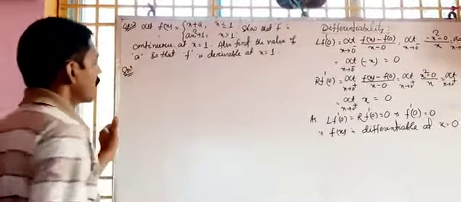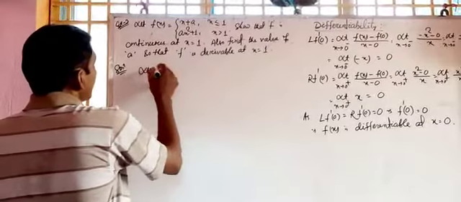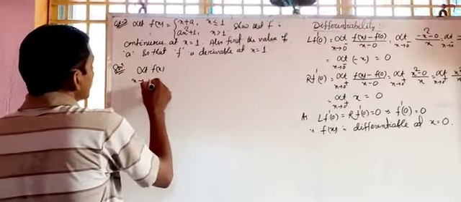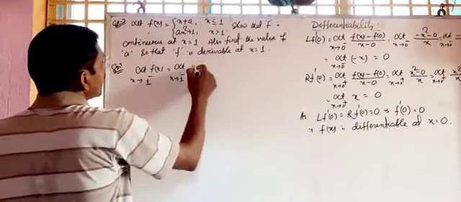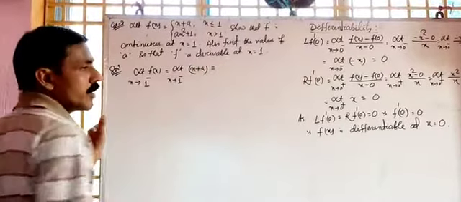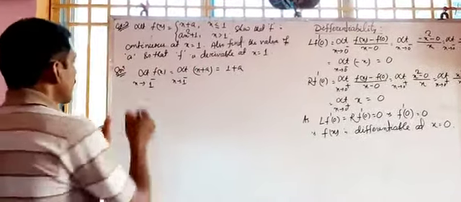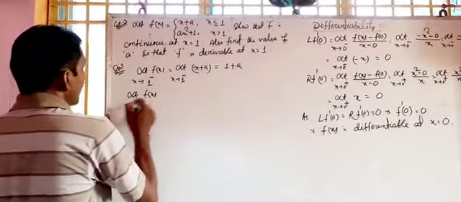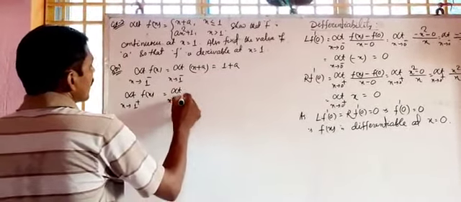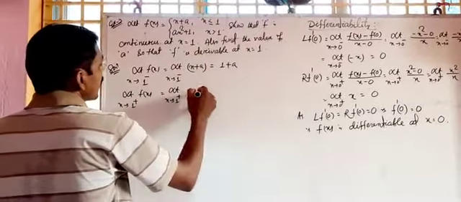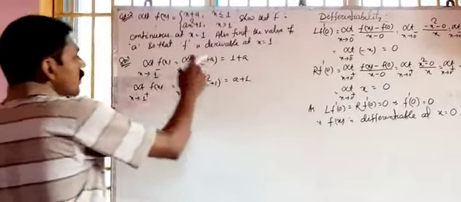To the solution. First, we will show continuity. So we will find the limit of f of x, x tends to 1 minus. For less than 1, value is x plus a. And being an algebraic function, we can directly put x equal to 1. Then limit of f of x, x tends to 1 plus. For 1 plus, value is ax square plus 1. So again it is a plus 1 because 1 square is 1.